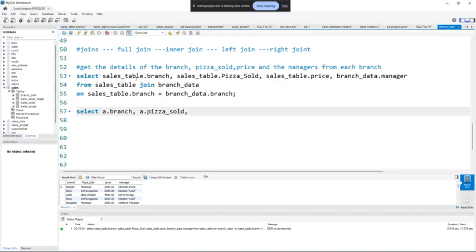This sales table, I'm representing it with a letter. I'm representing the sales table with A. I don't want to write the whole sales table, it's taking time. So I'll say A dot branch, A dot pizza sold. The next one is going to be A dot price, comma. Then the next one is not sales table, it's branch data. I want to represent branch data with B. B dot manager,